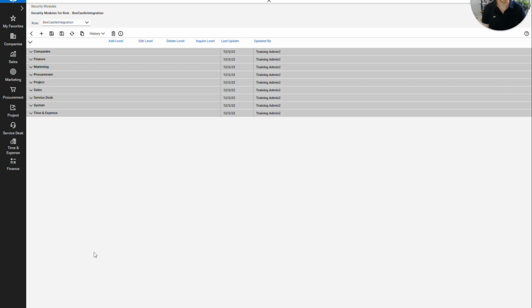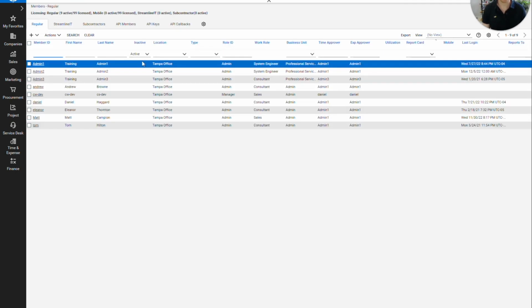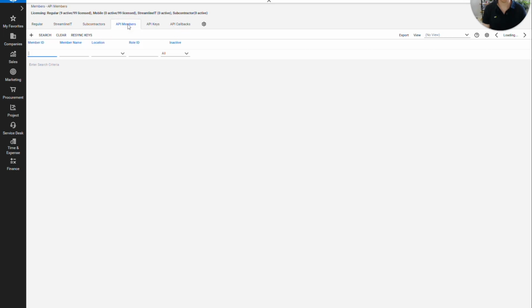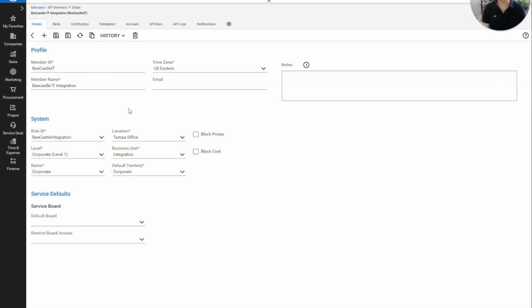To create a new API member, we want to head to System and then Members. From here, we want to go to API Members, and then we'll create a new one. Once you've filled out the relevant information, make sure you change the role ID to that new security role we just made. From there, we can save this,